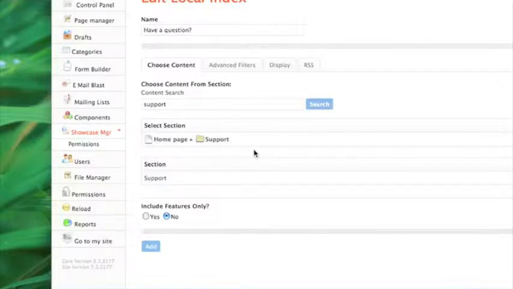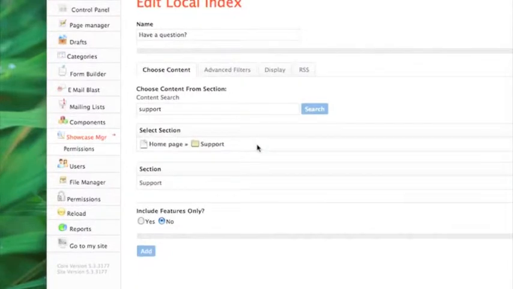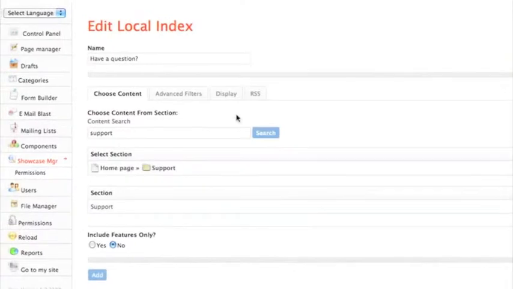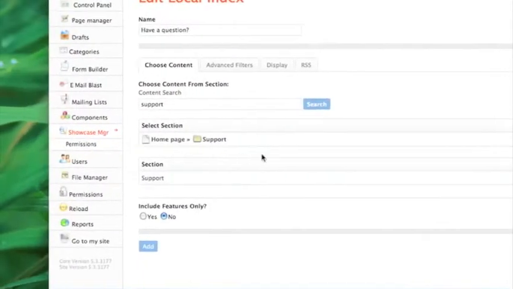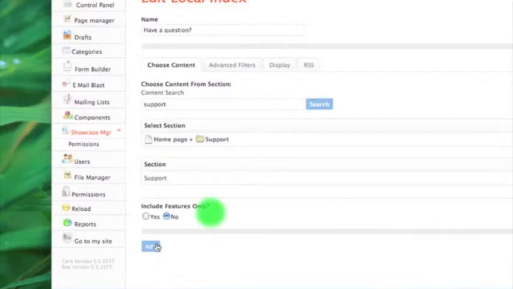When you actually set up a showcase, it will filter through the whole website. So if you were just to create a showcase and not narrow it down, it would filter your entire website. What you're doing here is filtering down and narrowing down the information. So I'm going to narrow it to just the support section of the website. I'm going to add it. And now that it's added,